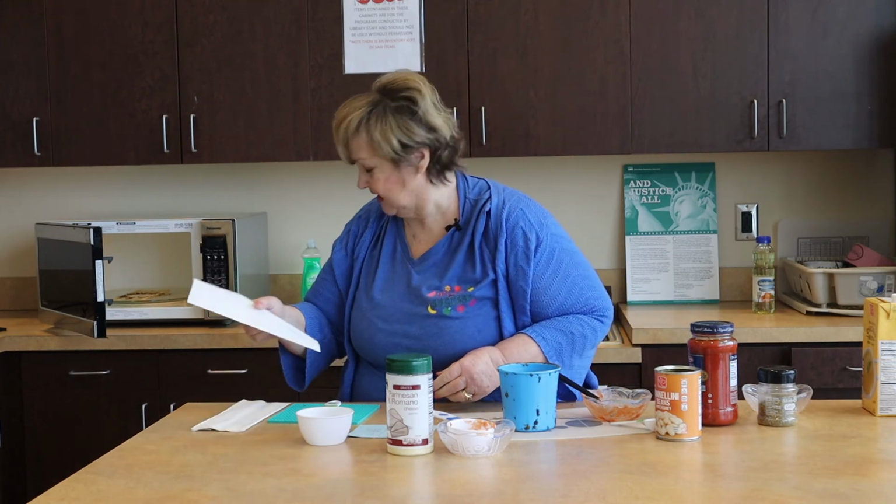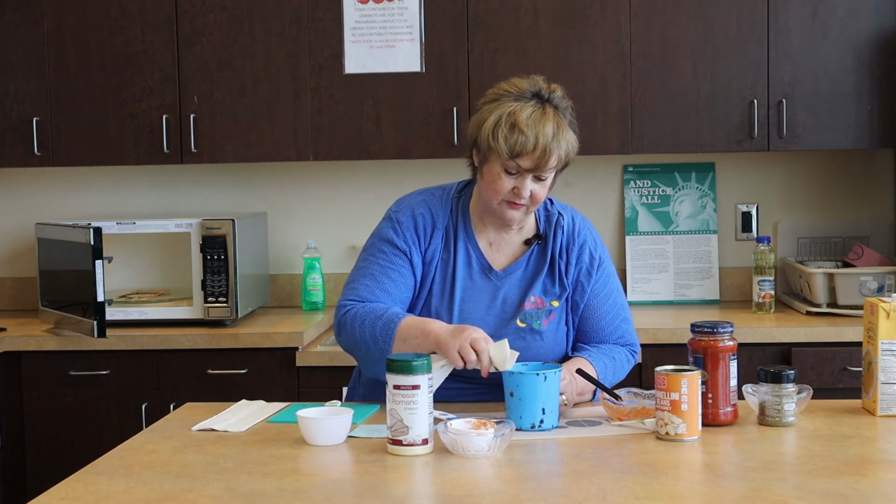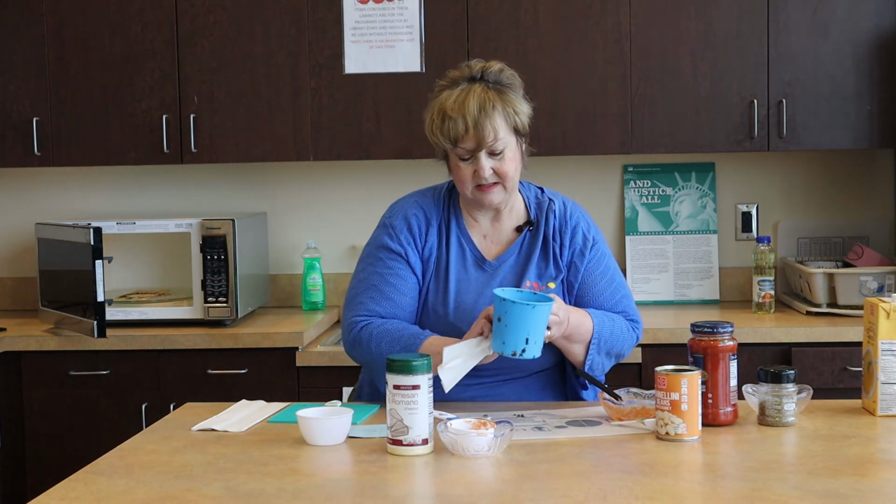But because this is kind of boiled up and out, we've lost some of our herbs. I'm going to just kind of clean this up a little bit. 5, 4, 3, 2,